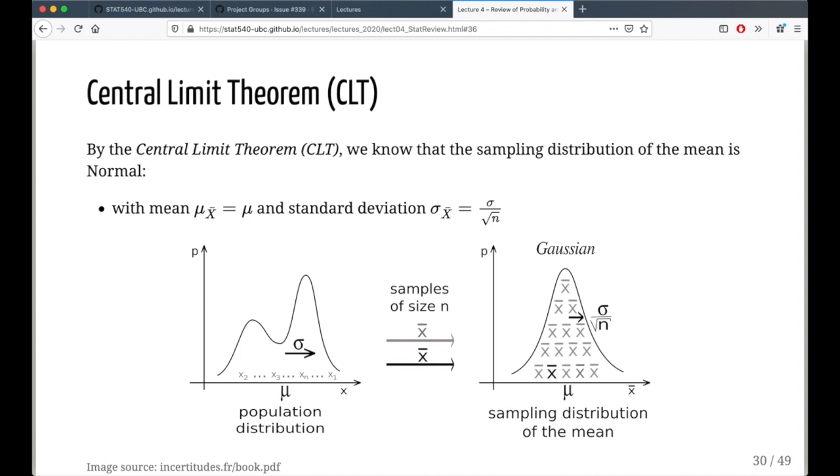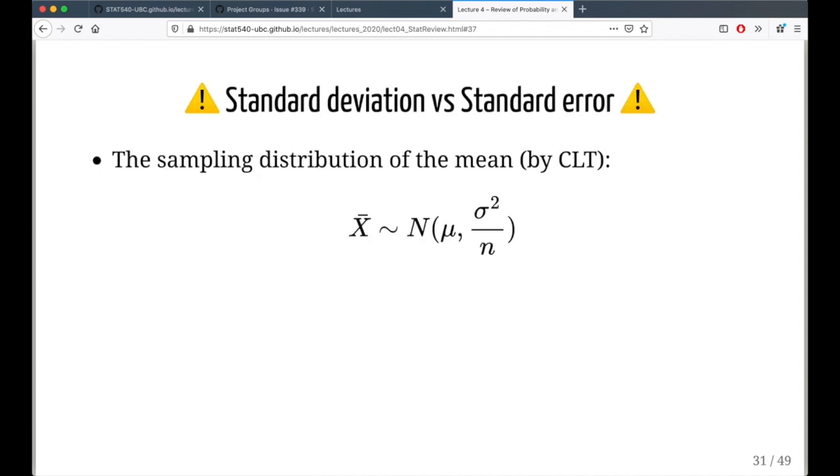This is where the central limit theorem comes in. The CLT, the central limit theorem, tells us that the sampling distribution of the mean is normally distributed, and that its mean, mu sub x bar, is the same as the mean of the population distribution, and that the standard deviation of the sampling mean is equal to the standard deviation of the population divided by the square root of n, where n is the number of samples that we drew in each repeated sample. This might be a little bit surprising: no matter what this distribution is, even if it's crazy, not normal, we have a theorem that tells us in the long run what the sampling distribution is going to look like. But this does require the assumption that we take large enough samples,